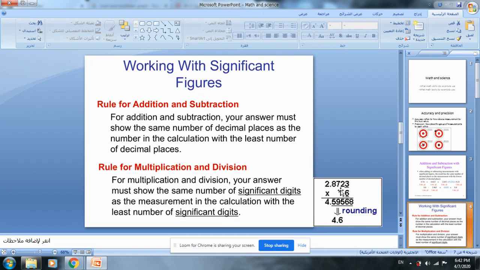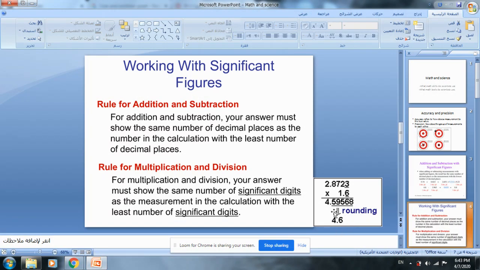Why? Because the number 1.6 has two significant figures, and the number 2.8723 has five significant figures. So the answer should have what? Two significant figures. So we should round